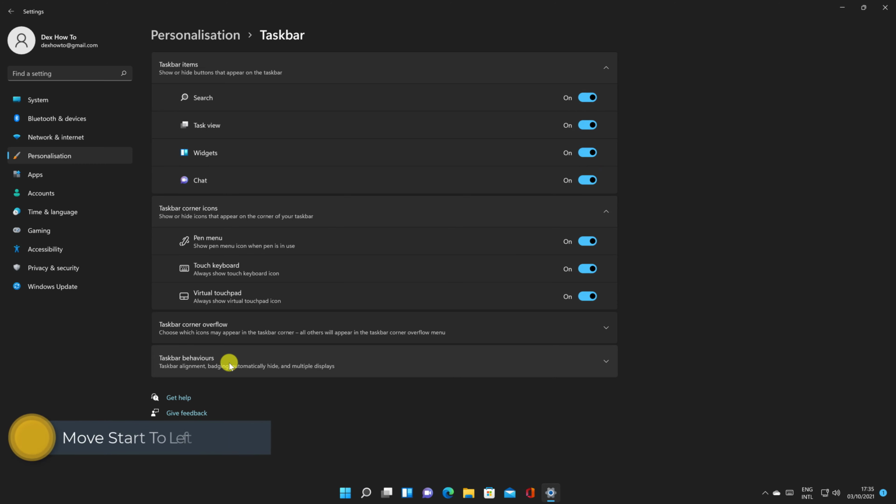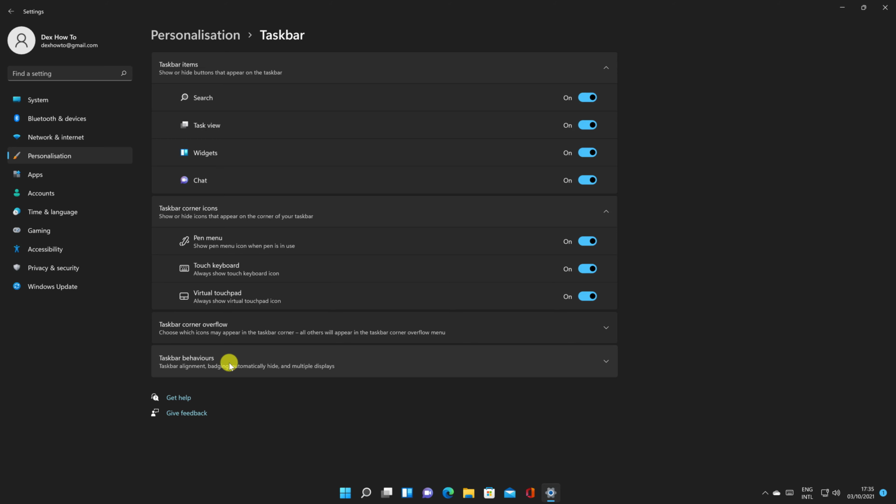Another way to customize your taskbar is to move your icons to the left. Those of us who have been using Windows 10 or 7 or earlier iterations are used to accessing the Start menu from the lower left-hand corner of the screen. If your muscle memory keeps your hand drifting to that corner, you can move the center app icons so they are to your left instead.